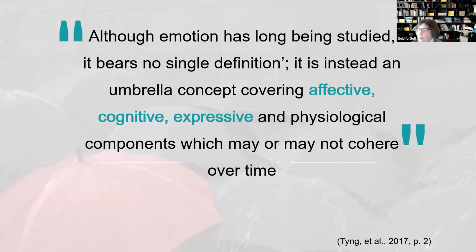And I think the cohere over time part is important, because in my own research, when people are endorsing a particular emotion in community of inquiry learning, they're sometimes endorsing it as only fleeting, saying, yeah, I felt that at first, but then this happened. And so that's really important, because an emotion in the body physiologically is usually dispersed within about 6 seconds. So everything that's helping it to keep going is coming from your cognition.